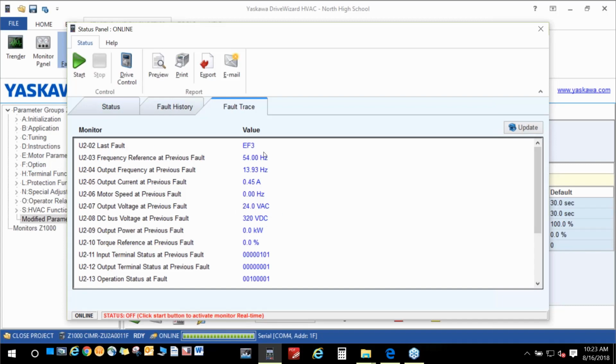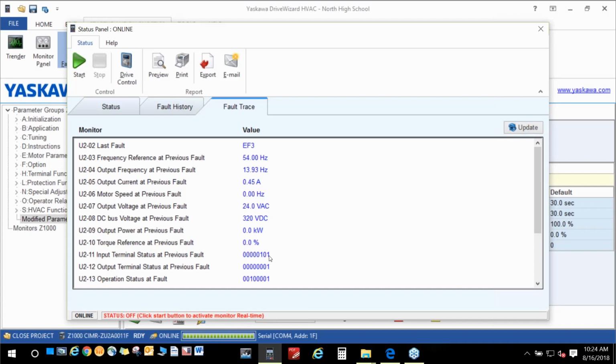So right here is our last fault, EF3, and then here's our frequency reference at that fault was 54 Hertz, and our output frequency was almost 14 Hertz. So I know that we were accelerating to 54 Hertz, and I know that based on the input terminal status here, so U211,